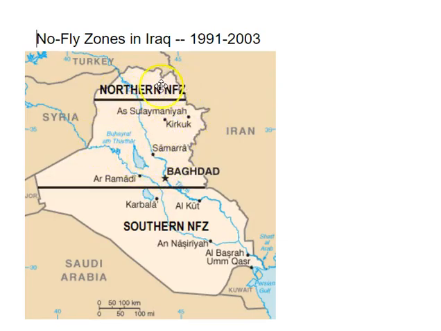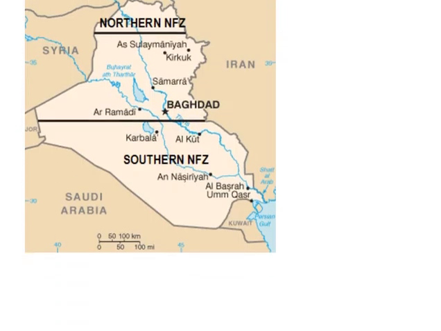He can't fly up here because we're trying to protect the Kurds, and he can't fly down here because we're trying to protect the border with Kuwait, and I'm not sure all the reasons that they wanted the southern fly zone. You could look into that a little more if you want. But in addition to the no-fly zone, there are regular weapons inspections and also some sanctions placed on Saddam Hussein. And so basically